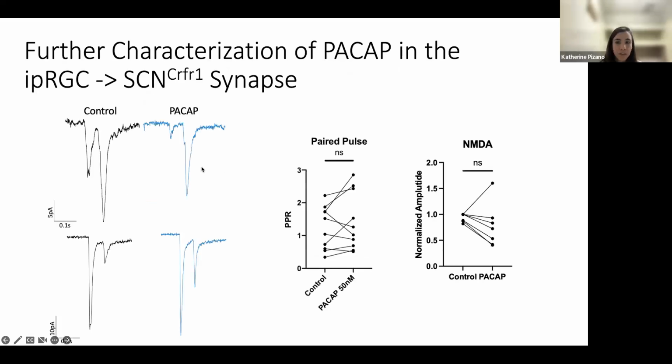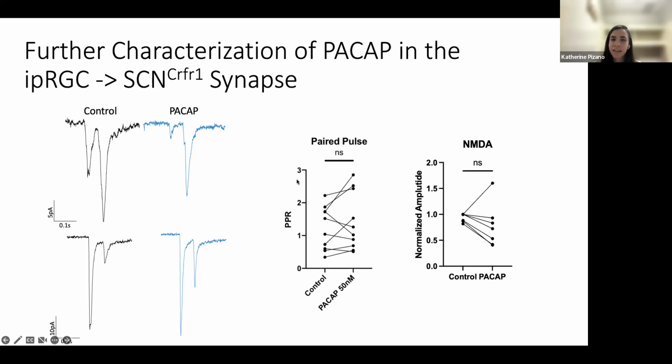But next, we also wanted to investigate whether there could be a presynaptic PACAP-induced short-term plasticity in these cells. And to do that, we can use our paired pulse protocol. So on the left are more sample traces of this protocol, highlighting the variability of responses. So even though there has been evidence of short-term plasticity at the synapse, looking at the paired pulse ratio in